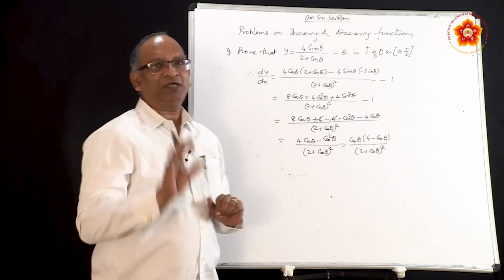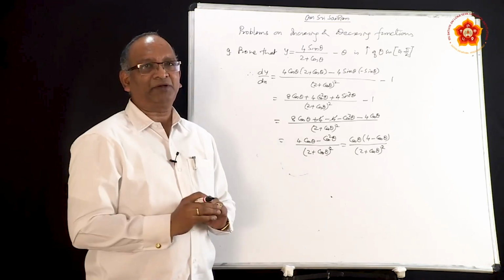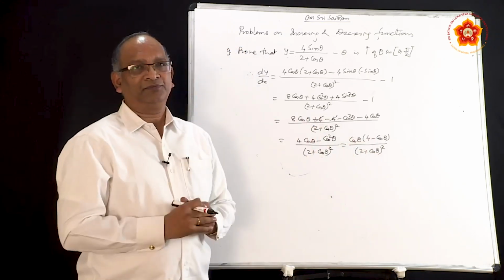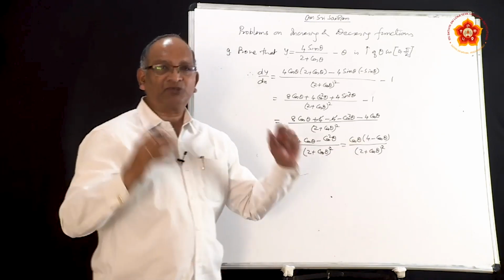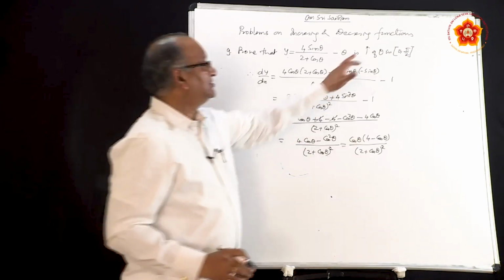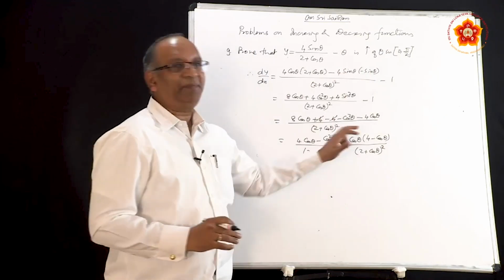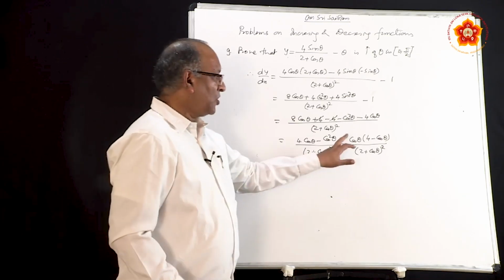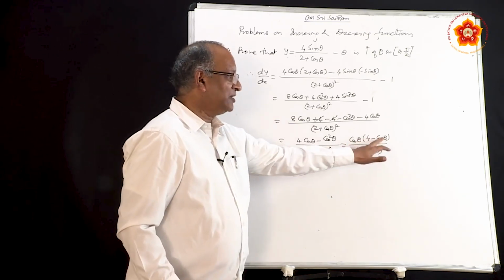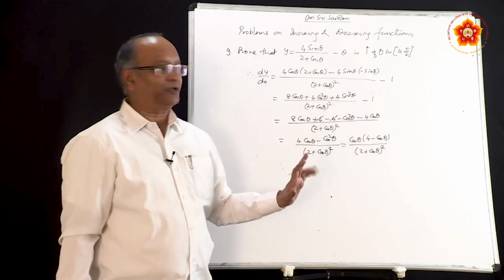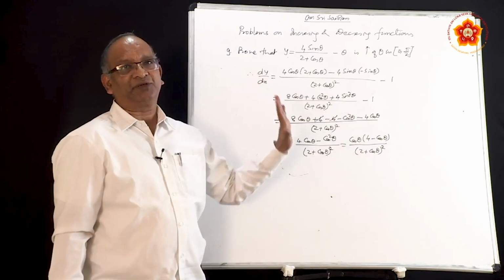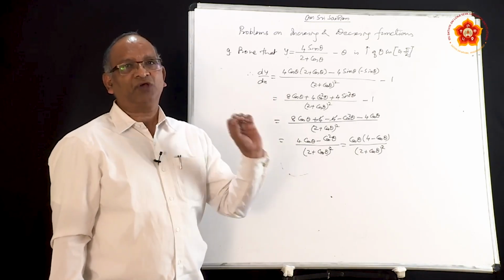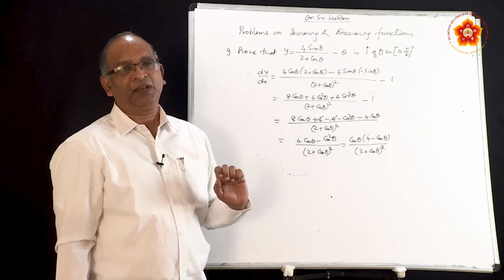So whatever be the cos theta between 0 to pi by 2, if you subtract that from 4, you are going to get positive. So 4 minus cos theta is going to be positive in the interval 0 to pi by 2, and denominator being a square term is always positive. So once again we find that cos theta is positive, 4 minus cos theta is positive, denominator is positive, as a result dy by dx is positive. So we conclude that in the given interval 0 to pi by 2, the function is always increasing. Write these things.